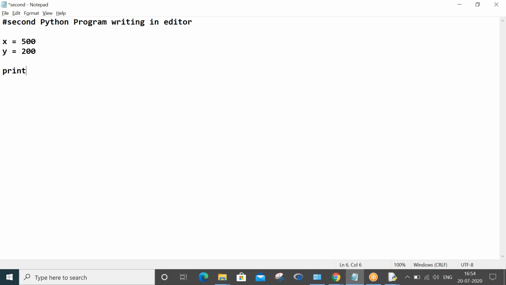Let me write print of x plus y, print of x minus y, print of x star y, and print of x divided by y.